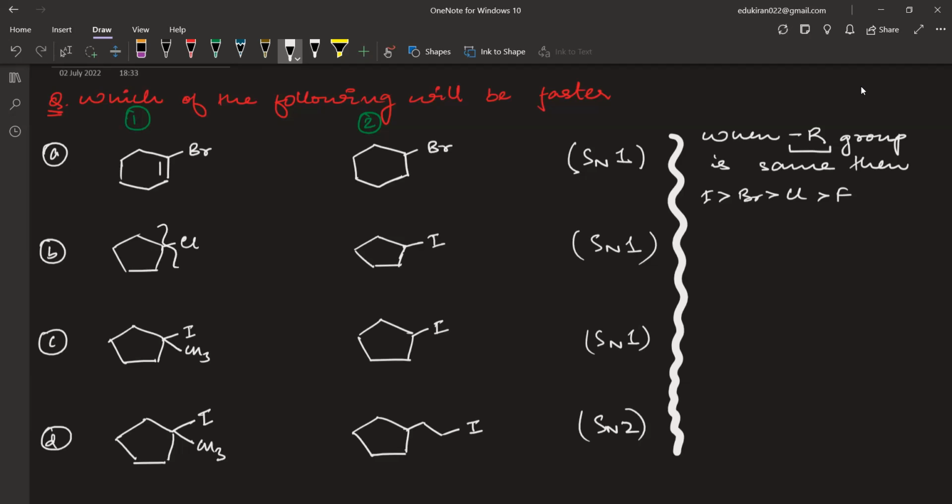फॉर एग्जांपल यहाँ पे देखिए अल्काइल ग्रुप सेम है दोनों का, है ना. दैट मींस यू डोंट हैव टू कंपेयर द अल्काइल. आपको क्लोरीन और आयोडीन में कंपेयर करना है, तो आयोडीन विल बी फास्टर, ठीक है. But when the X group is same,